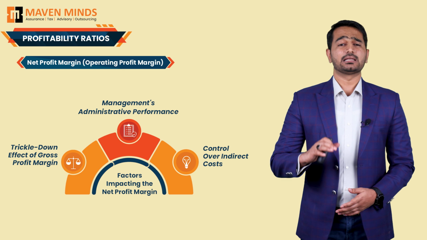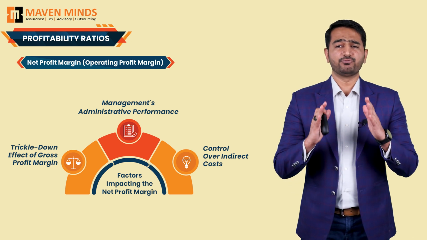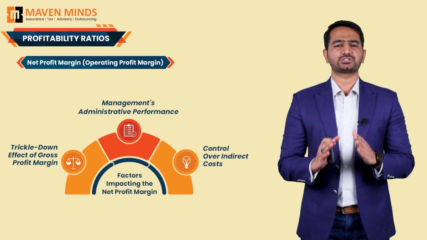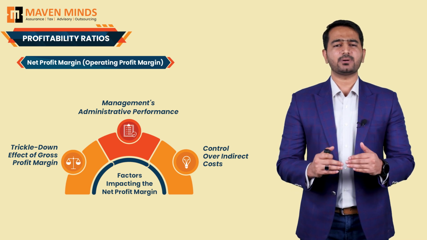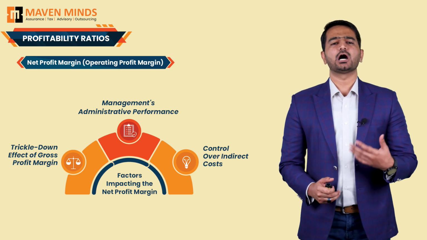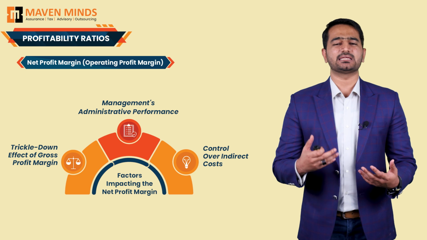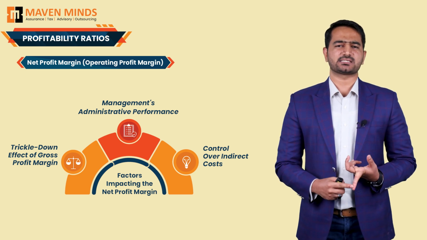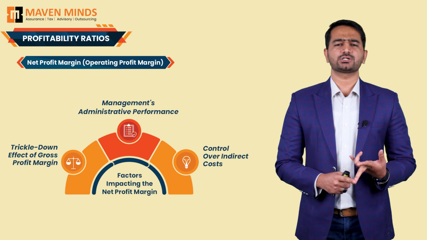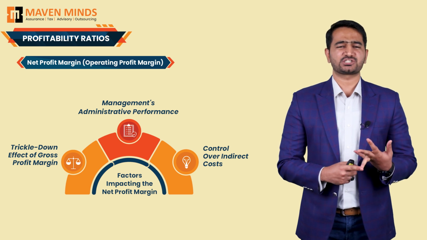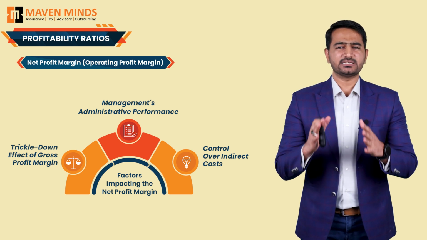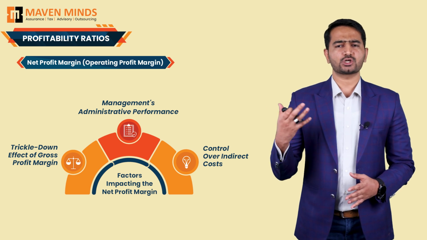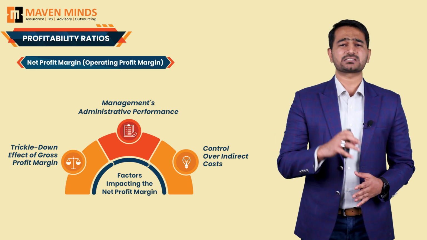This margin provides insight into how well management is controlling non-productive cost and maximizing operational efficiency beyond the production stage. Unlike gross profit margin, which focuses only on selling price and the direct production cost, net profit margin also evaluates how well the company manages its indirect cost, such as selling and marketing expenses, administrative cost, research and development expenses. If these costs are not properly controlled, even a strong gross profit margin would not result in a high